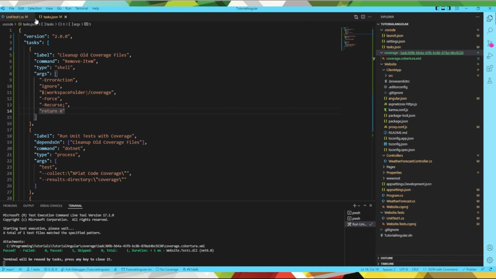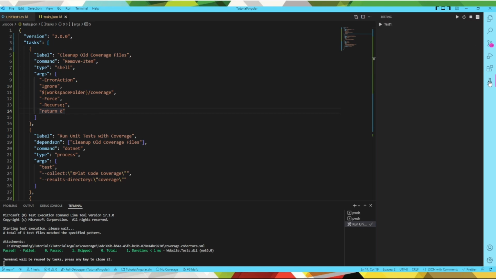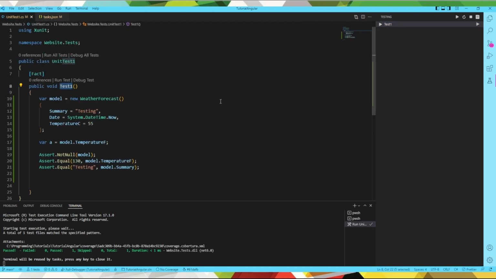There's other ways to, of course, call these tasks and everything, but just stick with the simple. You just hit F1, you run it, and I think before I cut the video, I'll show you if you have the extension for the .NET Core Test Explorer, you should also have this icon down here, the little flask. And if we click on that, you can see a list of all the unit tests that we have. We just have one. If I click on it, it will take us to the test itself. If I click the play button that's with it,